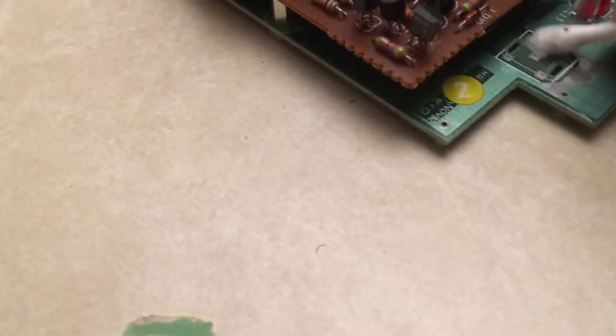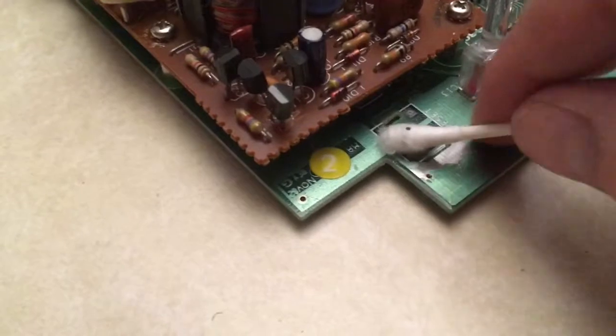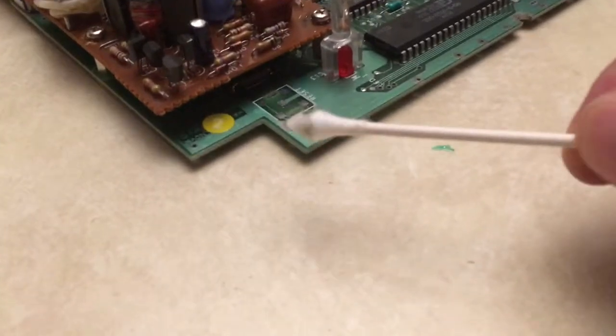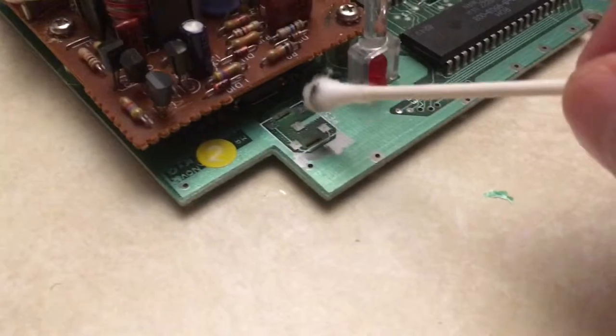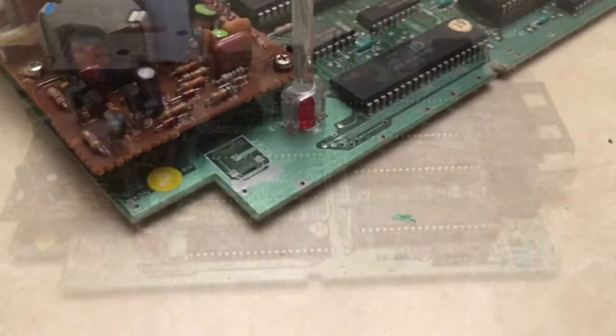It is getting some dirt off, not as much as I hoped, but anyway, I'm going to do this off camera so I can put both hands on it. And as you can see, after doing that off camera, I got quite a bit of dirt off of there. So maybe it'll make good contact and we'll have a working Intellivision. Okay, so